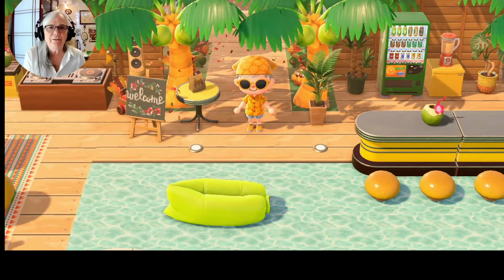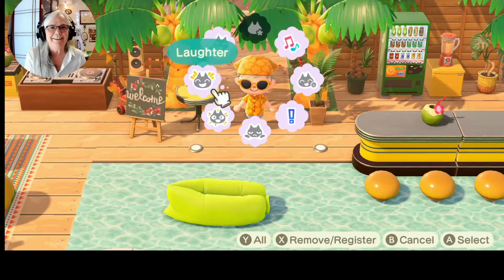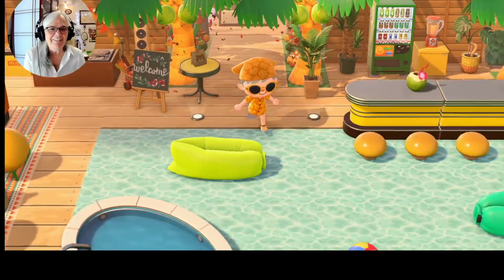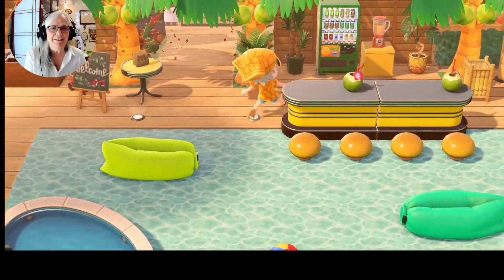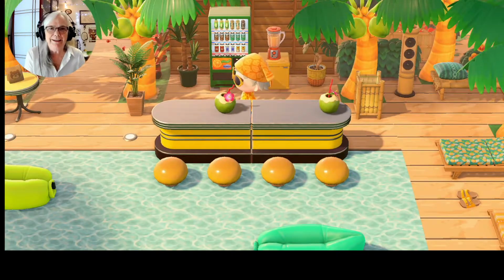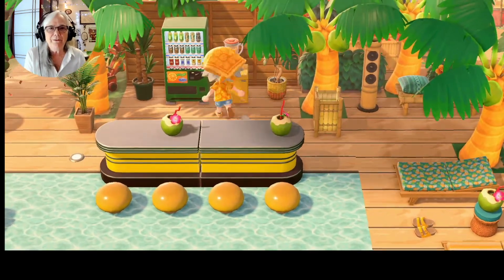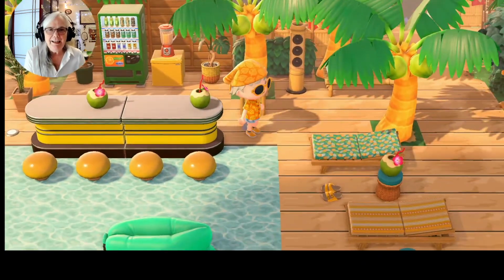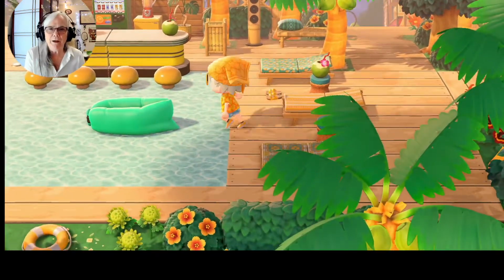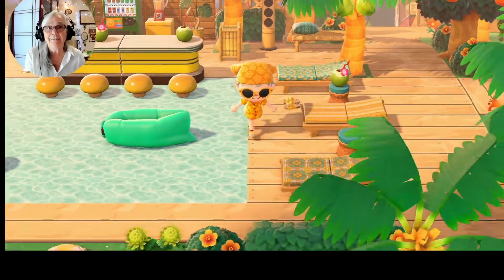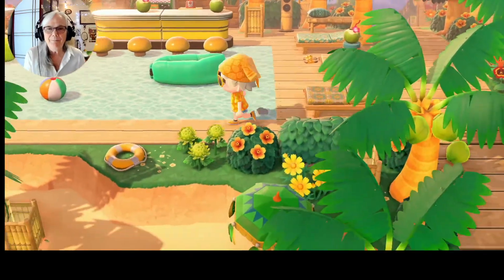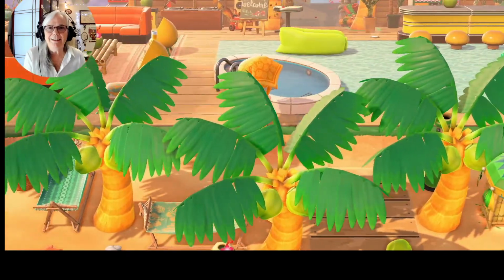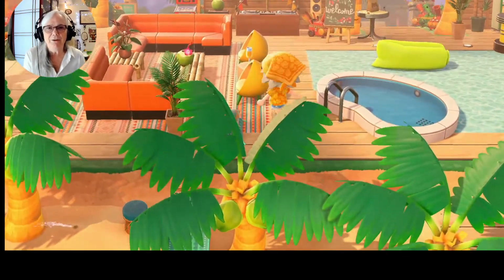Are we ready to explore or what? I love this. Okay, the first thing, oh, don't walk in the water. You're at the tiki bar. You've got drinks, or you can make yourself a fruit shake, or you can buy something to drink out of the machine. And then we have this amazing pool bar. I love pool bars. I've actually been to one in Puerto Rico. And I loved it. It was like the best idea ever. And then this beautiful little sitting area.